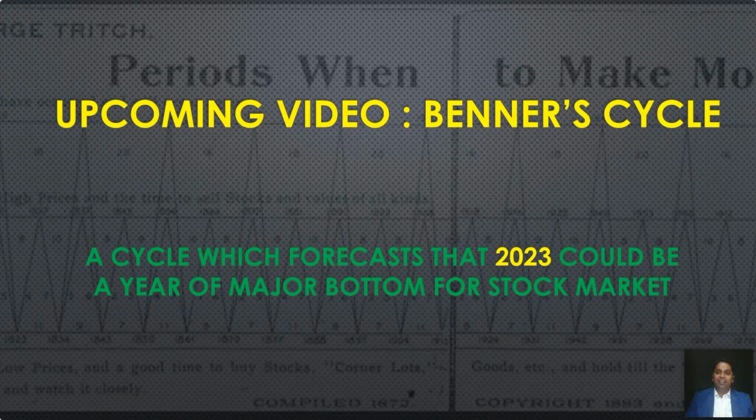a cycle which has worked exceptionally well, at least in the global markets, and which has a history of not just the last 10, 20, 25, 30 years, but of more than a century, more than 100 years of data, which indicates major cusps of lows and major cusps of highs, as well as scenarios of panic and euphoria in the economies as well as in the markets. So that's what we will present in our next video on the Banner cycle.